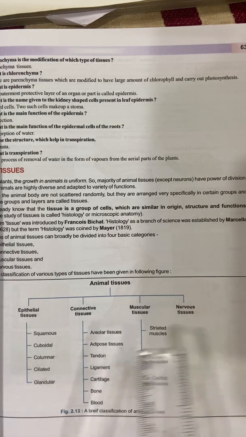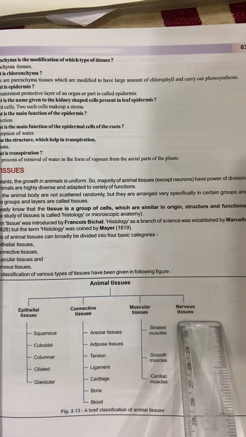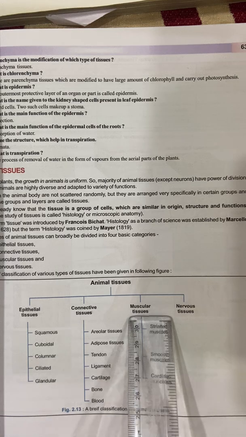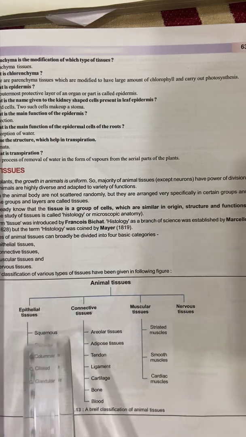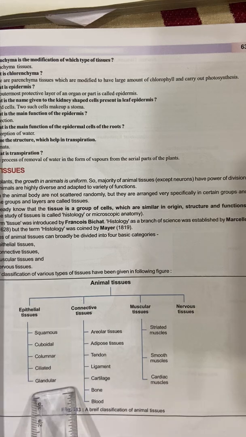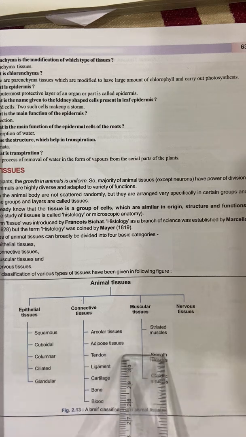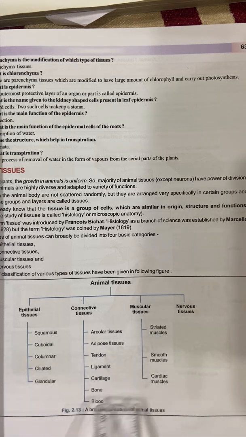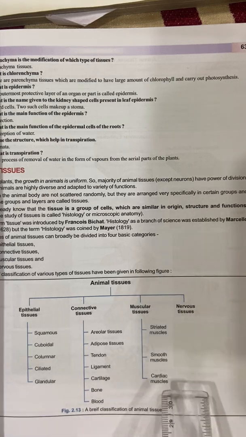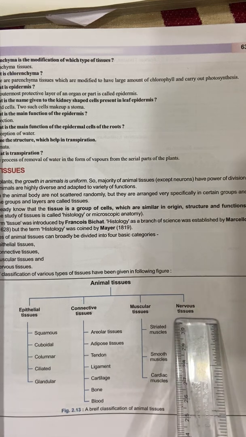Children, continuing with the animal tissues, this is a brief classification of the animal tissues, which are of 4 types, namely epithelial tissues, connective tissues, muscular tissues, and the nervous tissues. Epithelial is further of these types, that is squamous, cuboidal, columnar, ciliated, and glandular. And connective is of the following types: areolar, adipose, tendon, ligament, cartilage, bone, and blood. The muscular tissues are of 3 types, that is striated muscles, smooth muscles, and the cardiac muscles. And nervous tissue is present in the body, which enables us to conduct the messages from one part of the